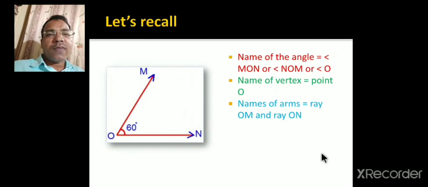Then names of arms of this angle MON, that is ray OM or